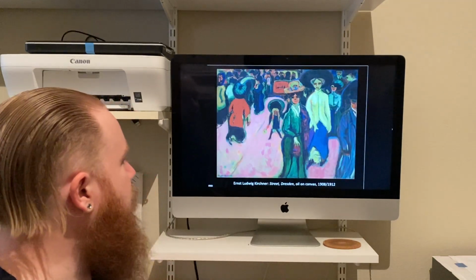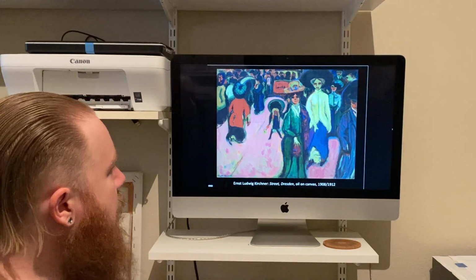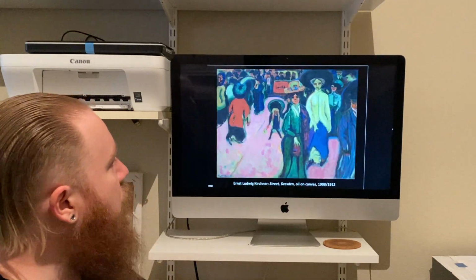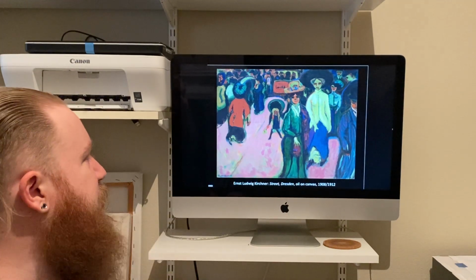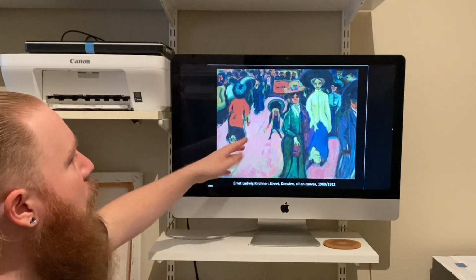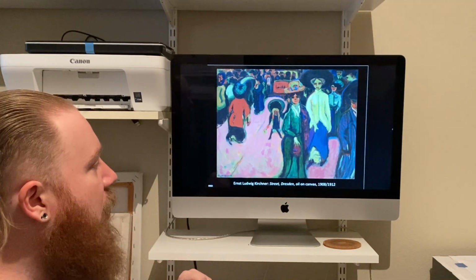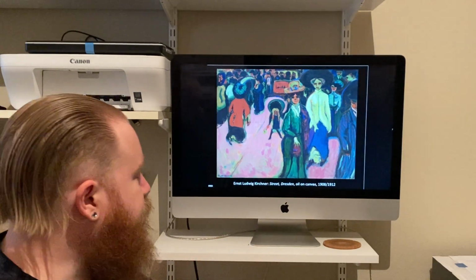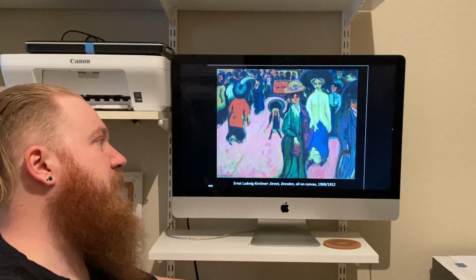But we also see that Kirchner does a wide variety of these scenes of everyday life. This one is a little bit more focused on common people versus, say, upper class society. But we see, once again, that exaggerated use of color. This one's actually bridging in between Fauvism and Die Brücke, so they're overlapping a little bit. But once again, just looking at average everyday life, exaggerating it into this realm of non-representationalism, or at least non-objectivism, if you will. So even though it's representational of a subject, it's not realistically representational of that subject.